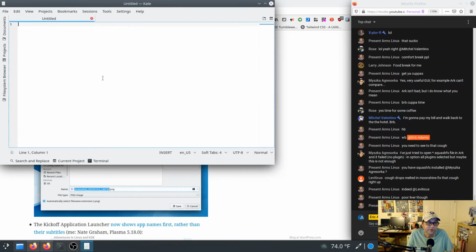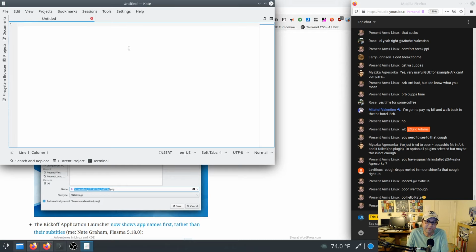Kate for a text editor, and Kate always delights me. They've really taken this to a point where it is very close to being, I'm not going to say an integrated development environment. I don't know if there are debuggers and things like that you can hook in here. Maybe there are, but in terms of just integration with the system and having a robust set of tools,